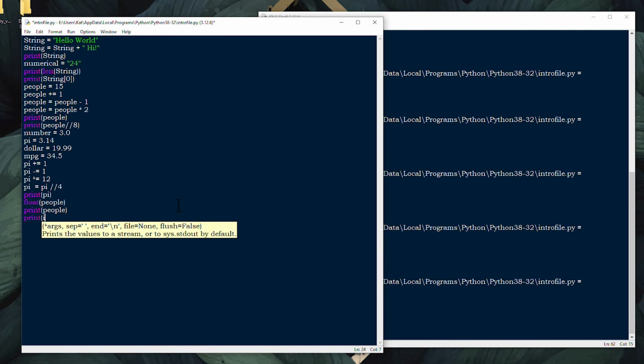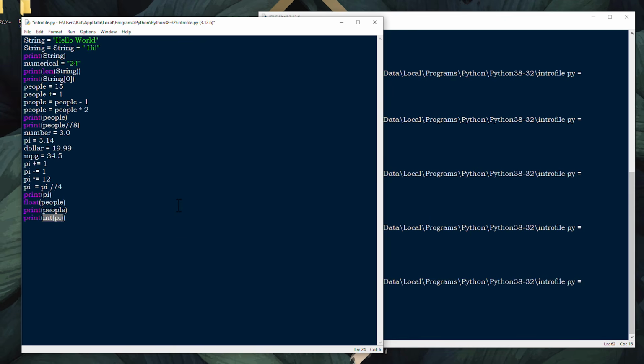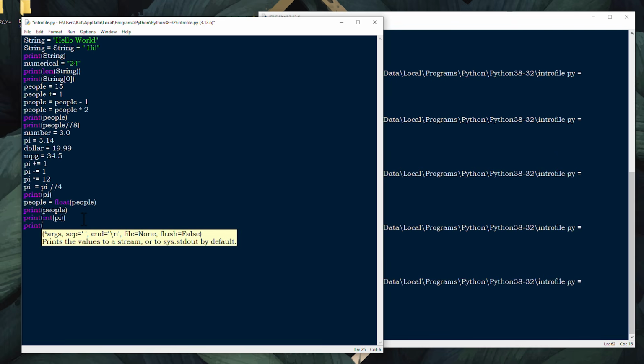I'm going to do it all in one step here. Now it's important to remember when you're printing something, it doesn't actually process the variable the same way. So when I say int pi here, this does not mean permanently convert pi into an integer, which is the same as what I did here with people equals float people. That permanently converts it into a float, but this does not permanently convert pi into an integer. So if I were to print pi on the next line after that, what do you think